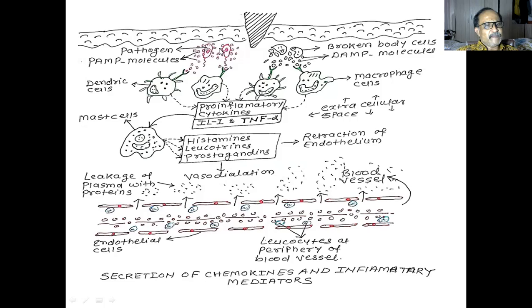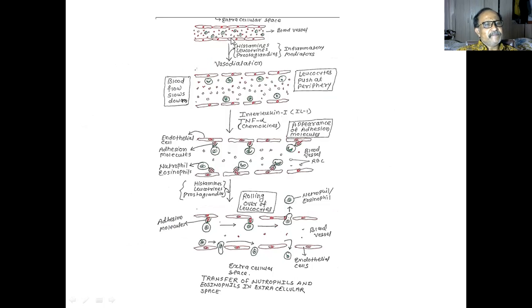See here, pathogens enter the body of an animal, and from the blood vessel these neutrophils, eosinophils, and monocytes, the white blood cells with phagocytic function, are sent into the extracellular spaces for destruction of these pathogens. Okay, so this is the mechanism to send the white blood cells, neutrophil, eosinophil, and monocytes, into the